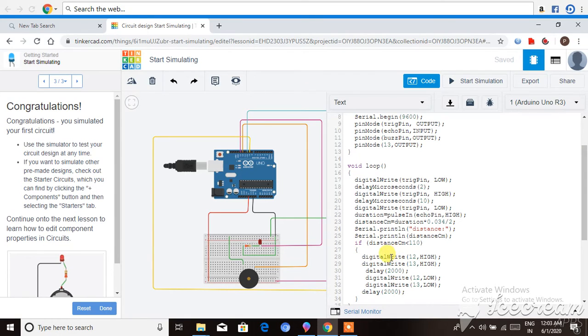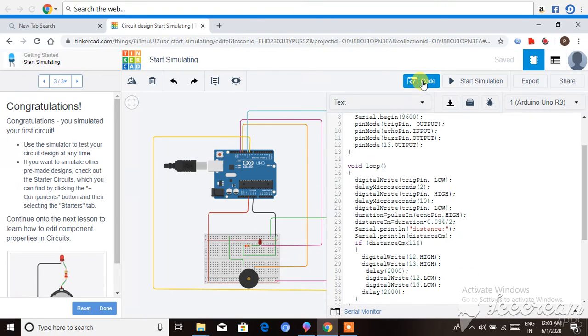So what will happen in digital write on pins 12 and 13? The buzzer will beep and the LED will start to glow, making you aware that you have broken the rule, so a wake up. In this way the whole circuit will perform.